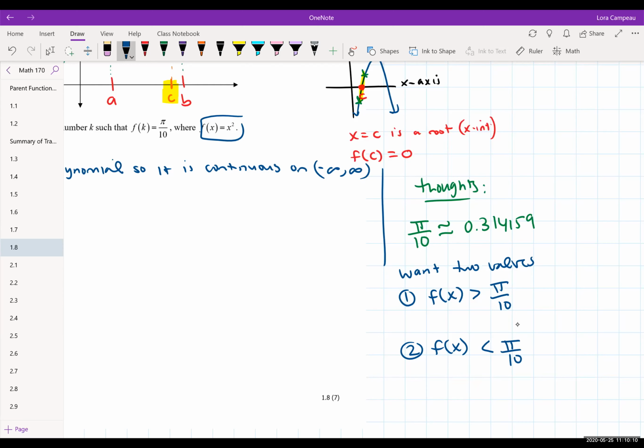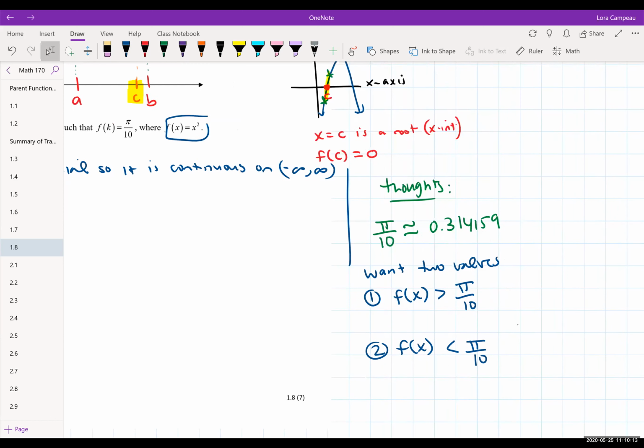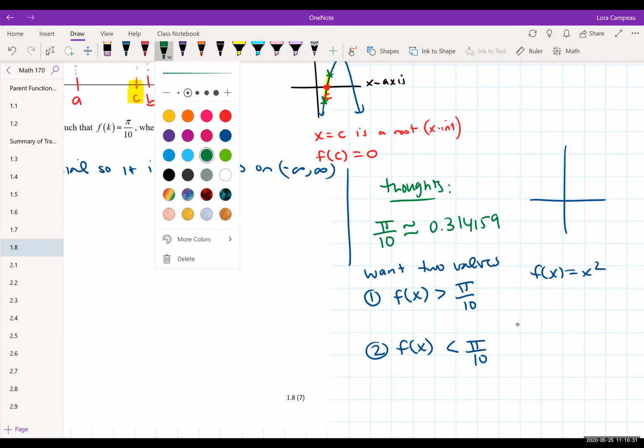Now, make your life easier. Remember, our function is f of x equals x squared. Don't go crazy. Just try to figure out, if we're looking at our y-axis and we're looking at our function, if 0.314159,